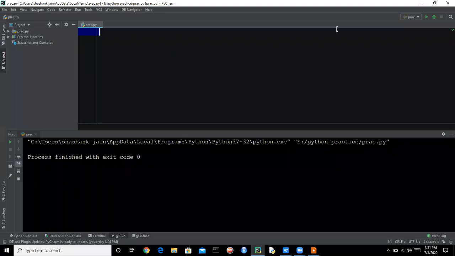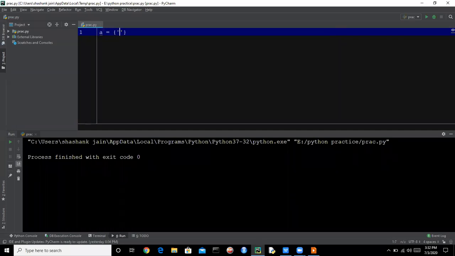Let's see the set functions: union, intersection, and the difference. So let's say we are having a set A with car, bike, and boat. And let's say we are having set B, in that we are having hero and say KTM,